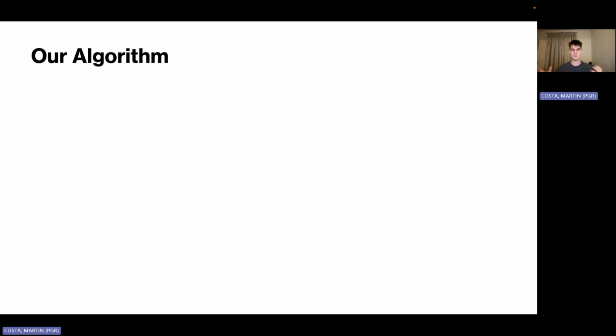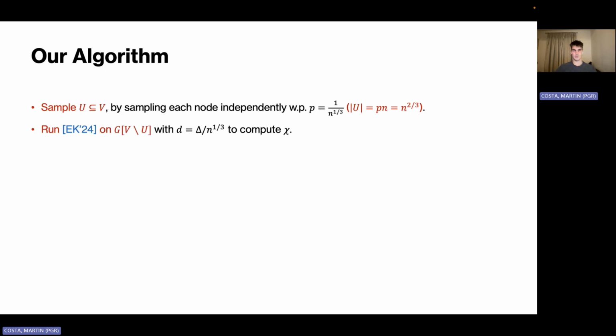Okay, so our algorithm just takes these two ingredients and combines them. Specifically, the way our algorithm works is we sample some subset of nodes U, by sampling each node independently with probability 1 over n to the 1/3. Then with very high probability, the size of this set U is going to be n^(2/3). Then we take the subgraph induced on the nodes V minus U, after removing these nodes in U, and we use this Alon-Kuzmin algorithm to compute a coloring chi